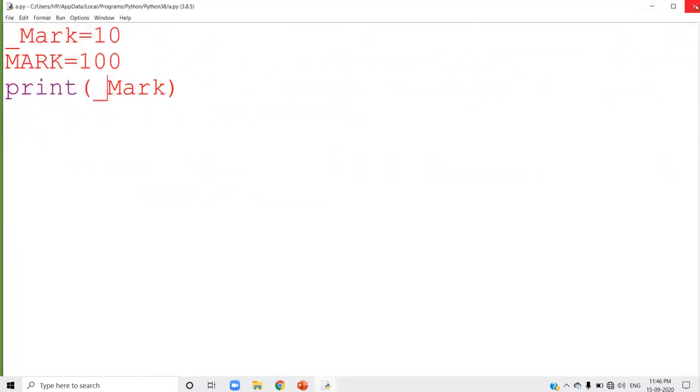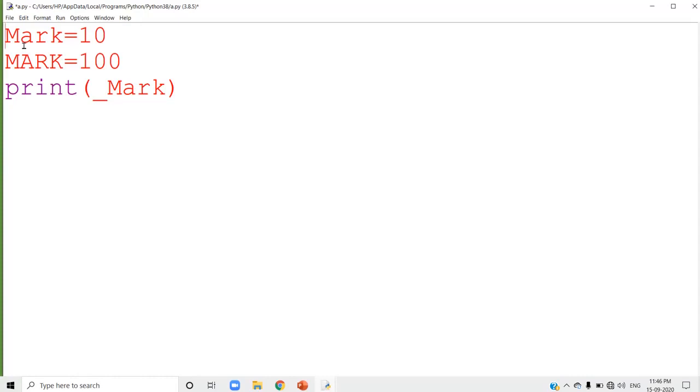So the first point we studied is that a variable name must begin with an alphabet or underscore. So if you try any other character other than underscore, it will show an error message. I am going to run this program in this way. I am going to use another character like this. This is an invalid variable name. When you run this one, it is an error. We cannot use a symbol like this. This is not allowed here. So that is the first point.